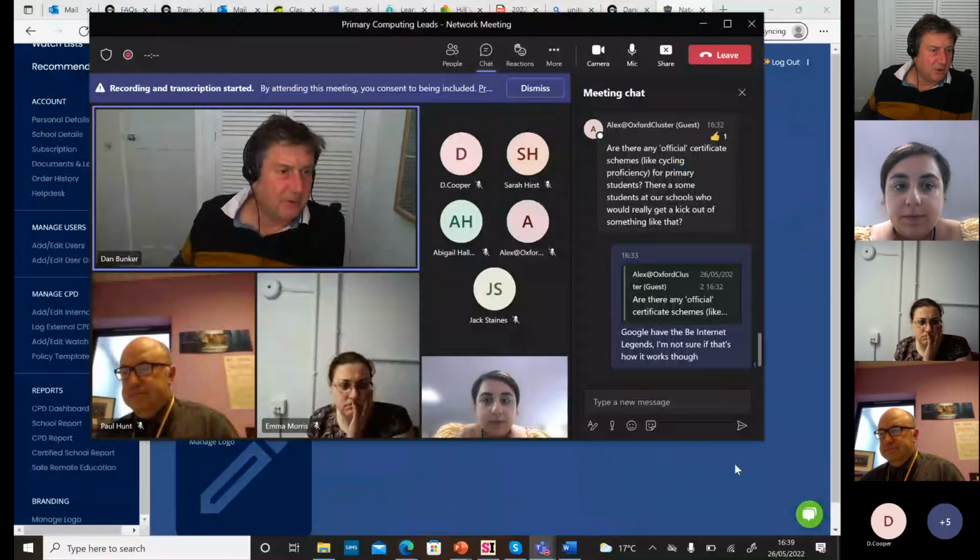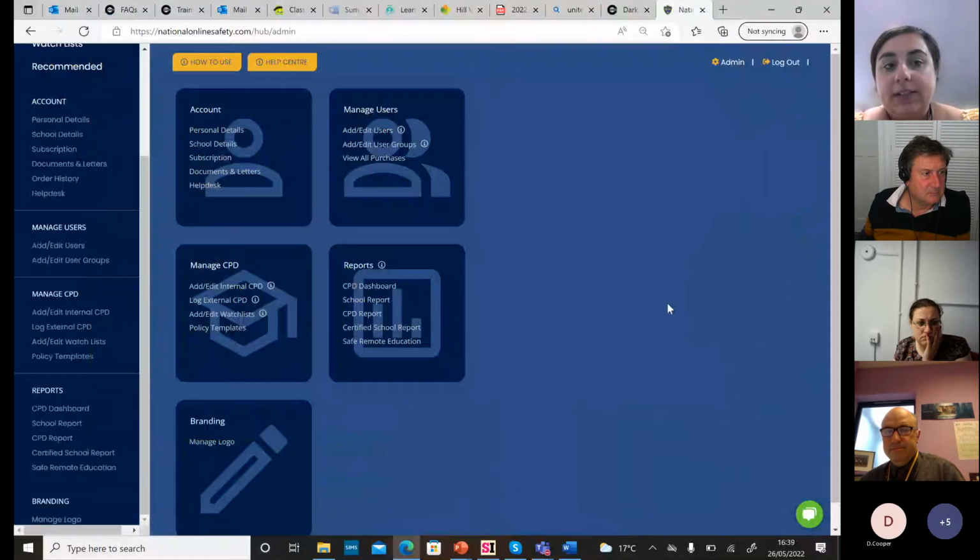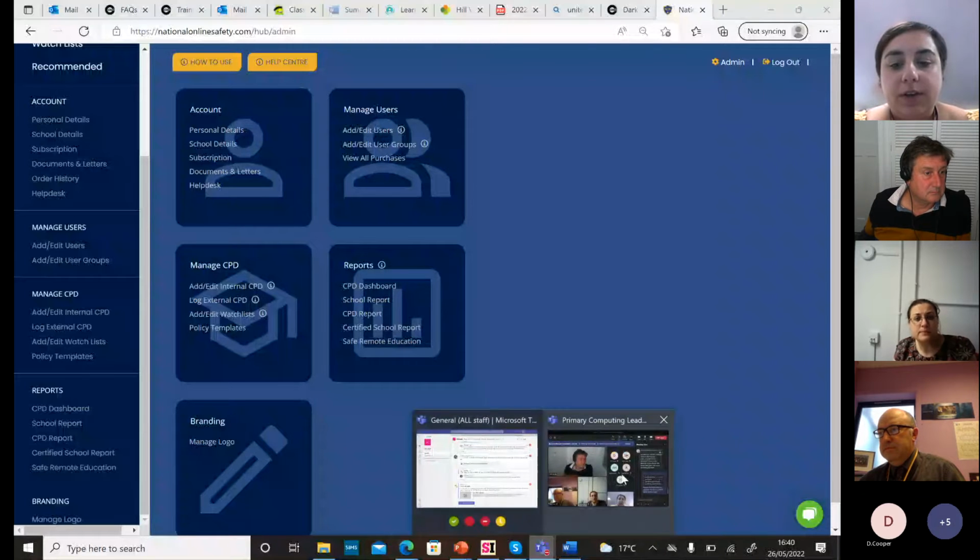Do you have to give them a login, or do you share a link with parents that allows them to sign up? You can have any number of parents, but you're limited with numbers in terms of staff. So you can share the link with staff to use their staff email address. You can manually set up staff, or if they sign up with the same email ending as the one you've set up for the school, it automatically groups them under your staff account.